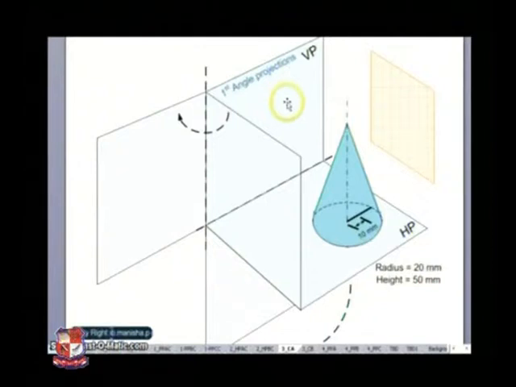A first angle, and you have to draw the front view, side view, and the top view. So that's the first part. That will be easy. The second part is this cutting plane. This cutting plane is cutting at 10 mm from the center of the base of the cone. Then we have to draw the side view after this cutting plane cuts this cone. So that's the second part of the problem.